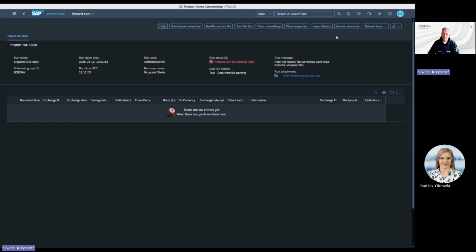And if we can import also the currencies in actual mode, and we can also import histories. So sometimes it's not only about importing to SAP system the current exchange rates, but we want to at the beginning import, for example, currency exchange rates for last year or few years.